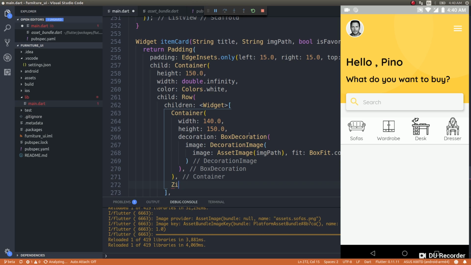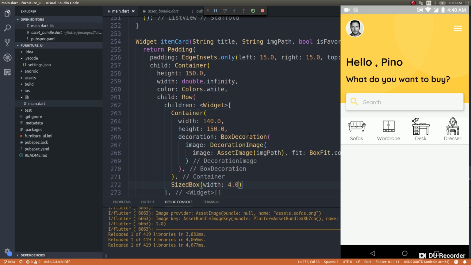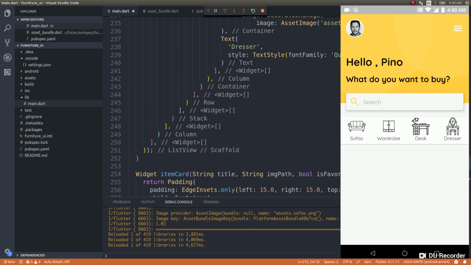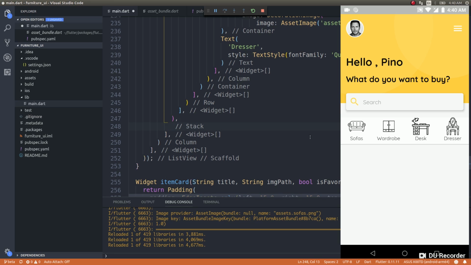SizedBox with 4.2. Oh sorry guys, I didn't save this, right? I'll show you guys now. I'll save this, let it hot reload so that you can get a better idea of what we have done so far. Obviously nothing will happen since I didn't actually call this anywhere, right? So I'll go ahead and call this somewhere. I'll get out of the stack here, and then item card,